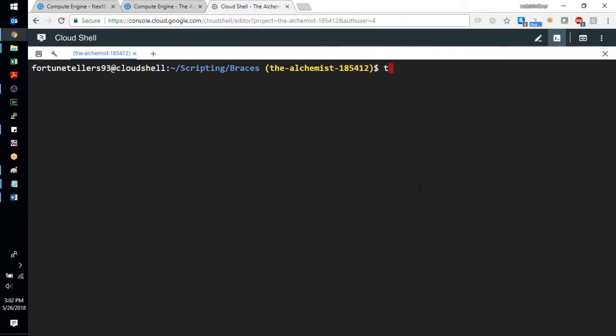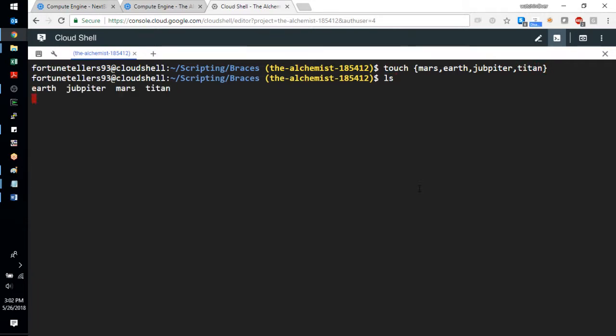So now we're gonna go ahead and create multiple files. We've seen how to create the folders. There are different ways to create the files, but I'm gonna use touch here. So I'll give some names here: Mars, Earth. Yeah, make sure you don't put spaces. And Jupiter. Okay, make sure you spell it wrong. And then what else we have? Titan. If I do ls, there should be 4 files created,